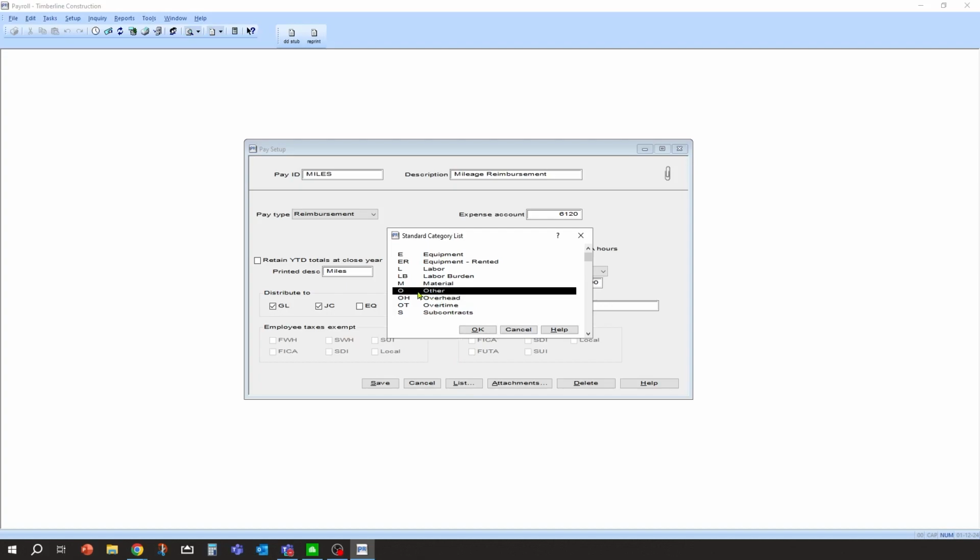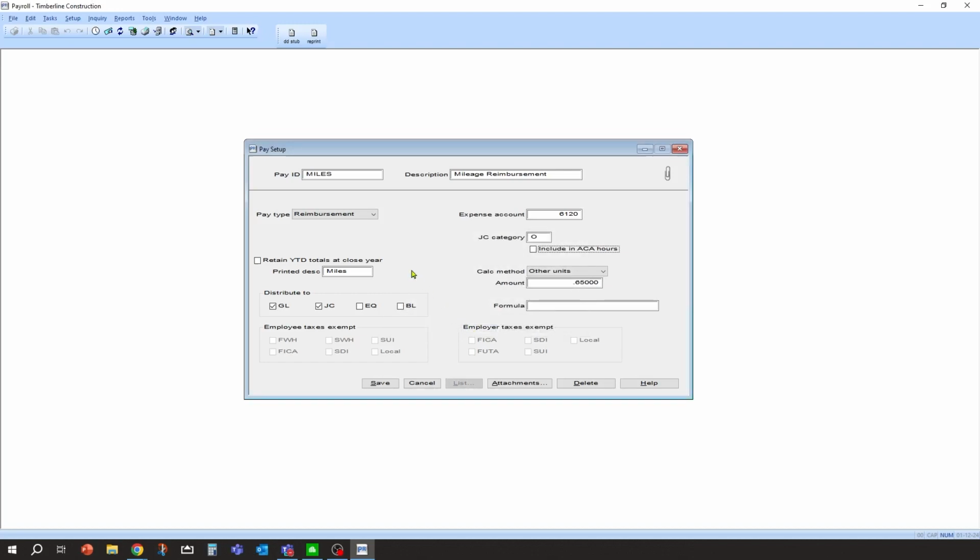This is going to depend on your standard category setup. In the job cost module, we've elected to send this over to the category called O, which is going to have a job cost of sales account associated with that. So following the normal GL hierarchy for the payroll module, if there is no job, it's going to grab the expense account here. If there is a job, it's going to grab the expense account from the category, depending on your hierarchy over in job cost, as other.